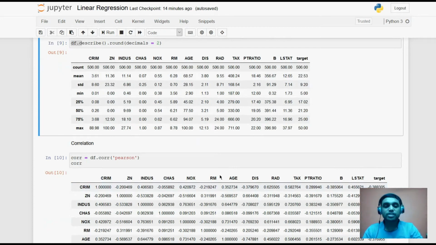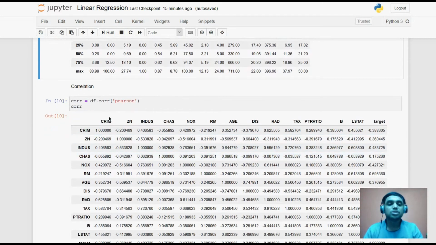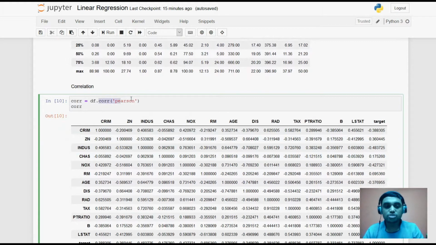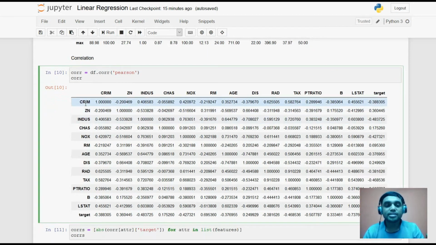Now my next step is to find the correlation between them. We find correlation so that we understand which data attribute will give the maximum accuracy for linear regression or any kind of model we are going to use. So I'm using the corr function, that is the correlation function, and I'm going to use Pearson. More about this you can get in the sklearn documentation. Thereafter I'll run it. When I run this, I get the complete correlation between the attributes with each other. So for example, when I take the attribute CRIM with CRIM, I get 1.